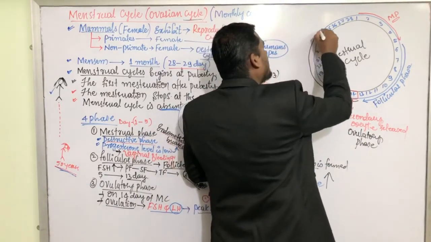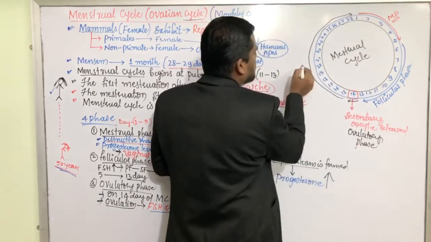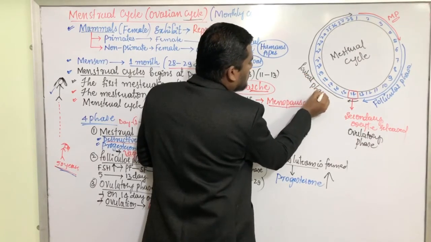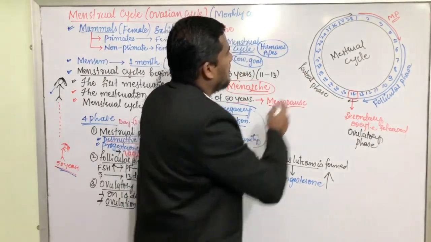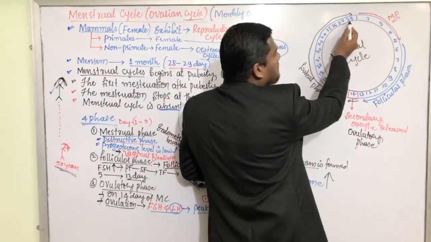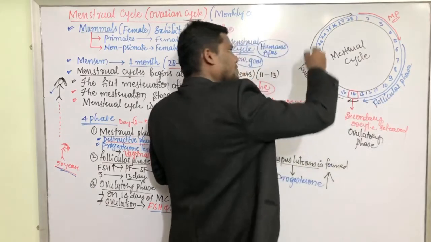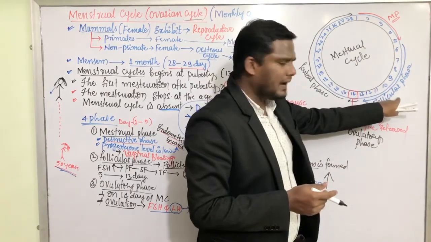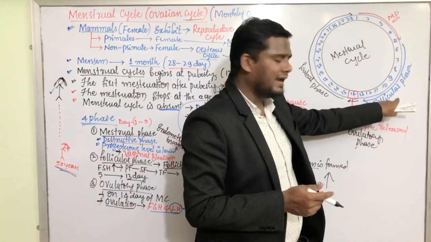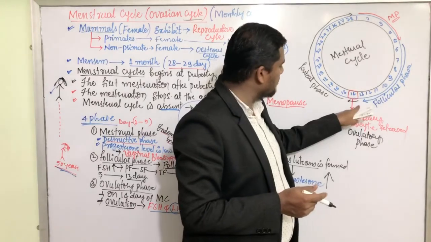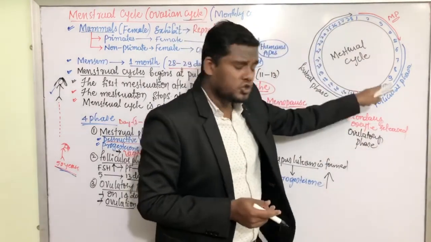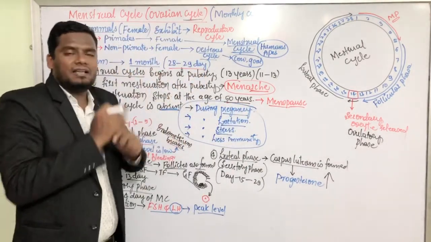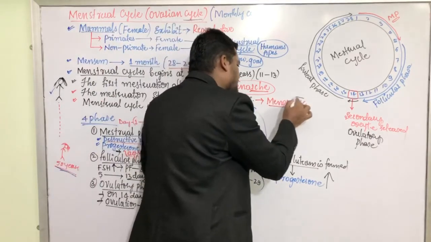And from day 15 again up to the 28th day, it is called as luteal phase or secretory phase. After completing the 28 days, again the menstrual cycle continues. Again day 1 comes, again there is a bleeding. Again a primary follicle is formed, secondary follicle is formed, again there is egg development, and that egg is released on the 14th day, and this cycle continues up to 50 years. After completing the 50 years, the menstrual cycle stops. That is called as